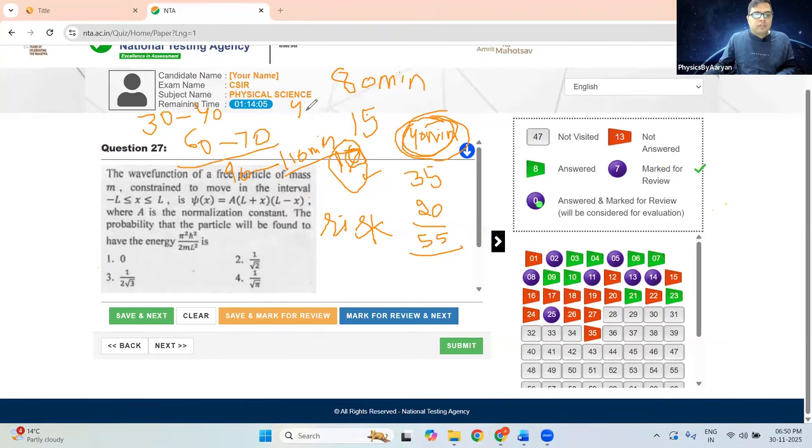Every part B question can take 4 minutes. No problem. 4 to 5 minutes if it is taking, no problem. But your answer should be coming. You should not give 4 or 5 minutes to a risky question, a question you know you might not be able to solve, and you are still not sure about it. 4 minutes can be given to a question where, for example, a small oscillation question comes,